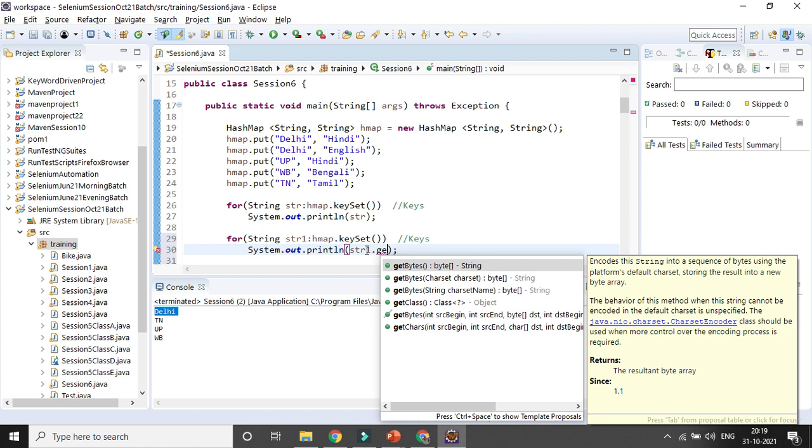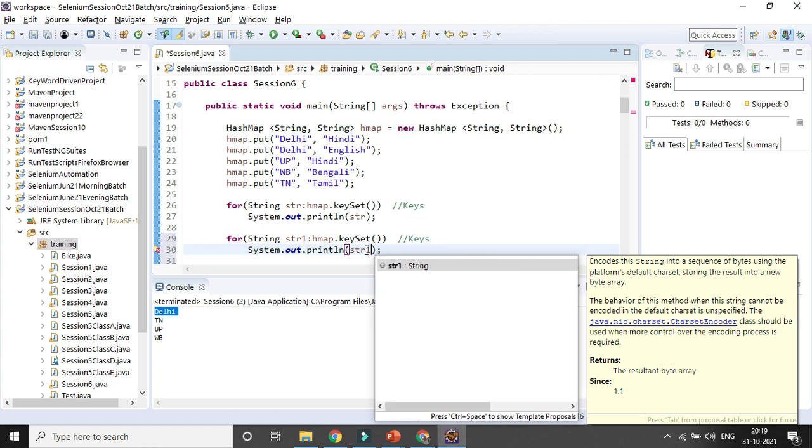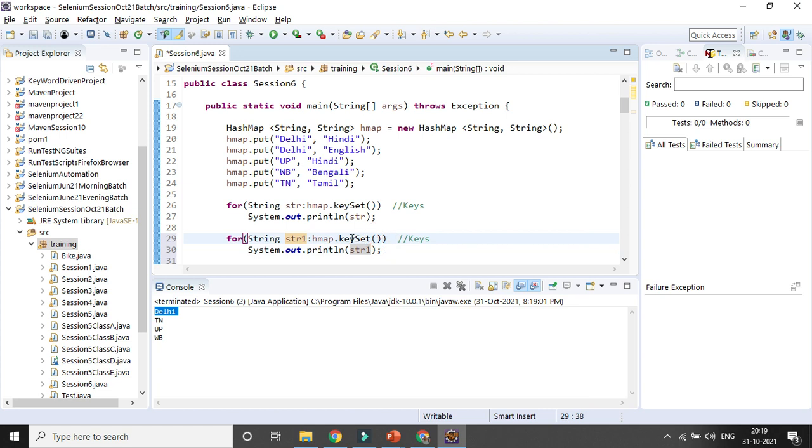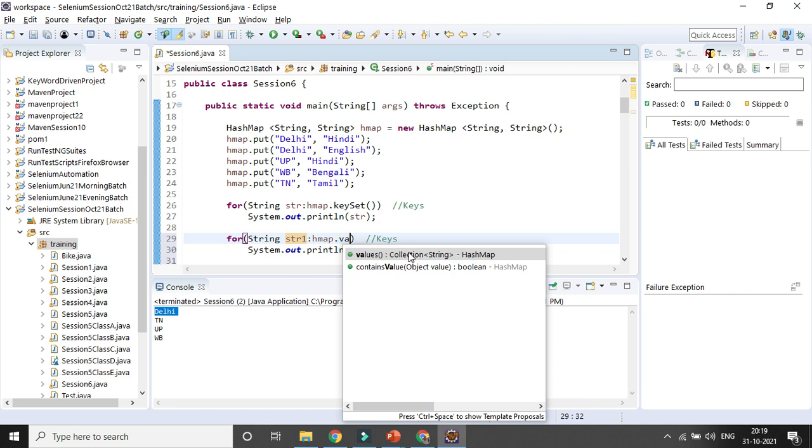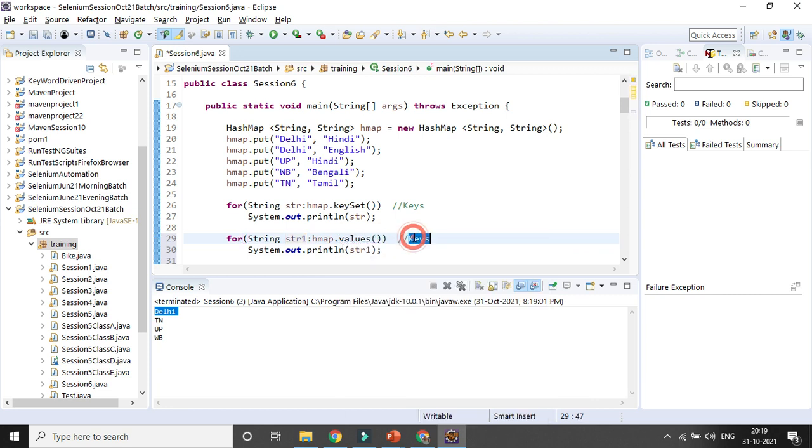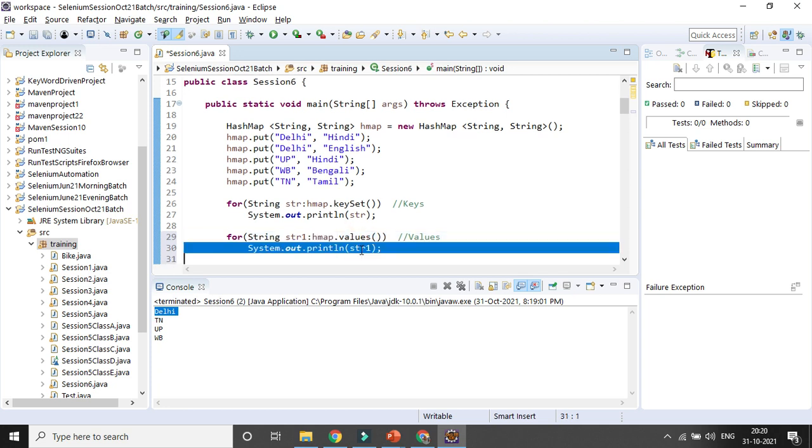Let's try that one. Okay, it's coming. So here it gives you values: HashMap dot values, with string 1. Let's run it. You could see the values coming here: English, Tamil, Hindi, Bengali.